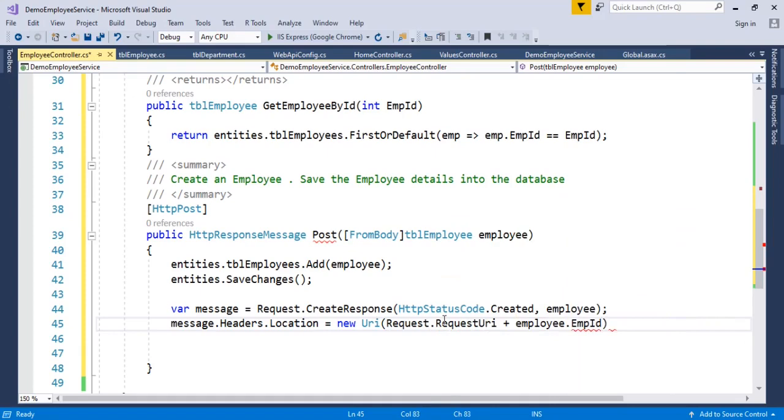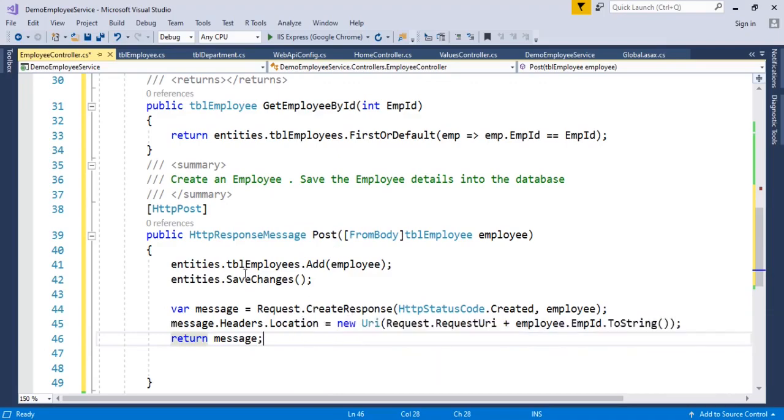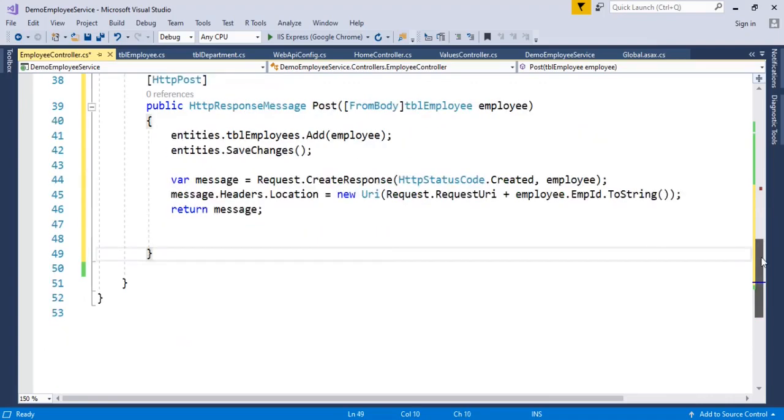This new employee ID is created. We are going to provide this employee ID, and we are going to return the message. Can you see this create response is of type HTTP response? So we are returning this HTTP response. This is for post.